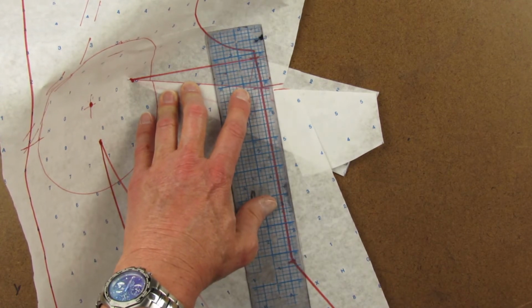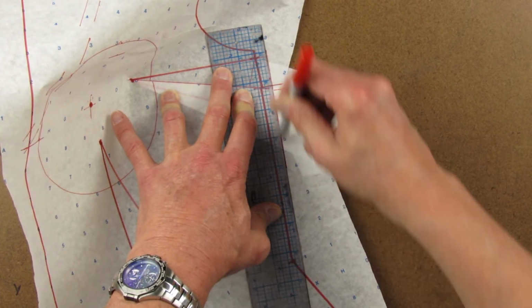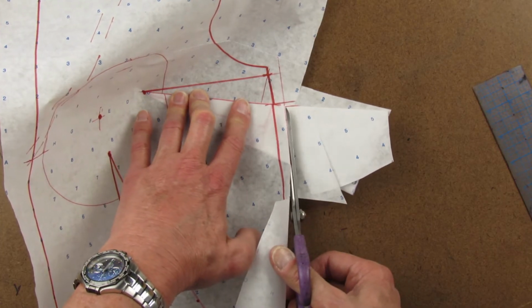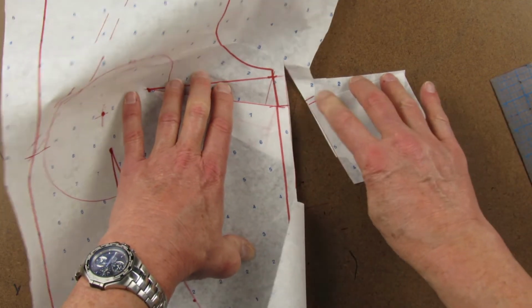We're going to add our seam allowance because we're going to add our connector point. And we're going to cut that just right there because we want to keep our paper. We don't want to cut everything out right now because we want to keep the paper so that we have something to fold. And then we're going to do a lot of blending. So keep your paper as much as you can. We're going to cut this up here like that just to show you